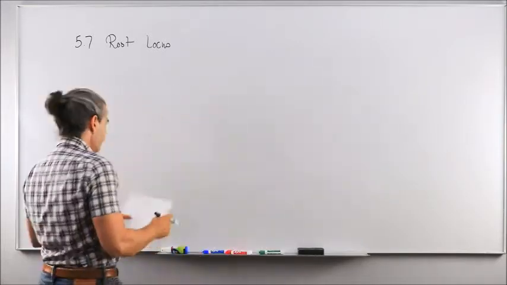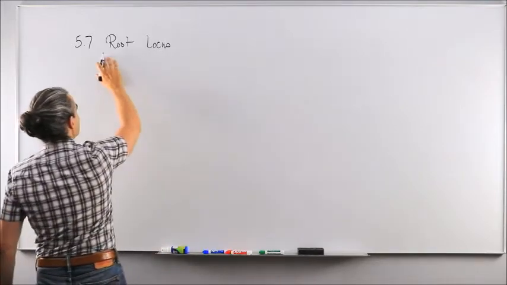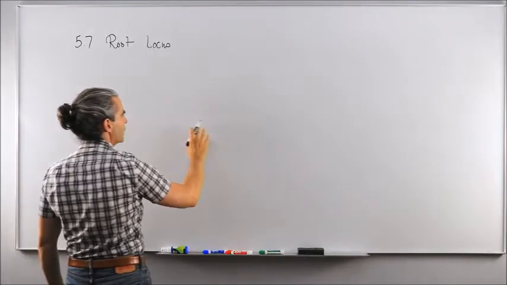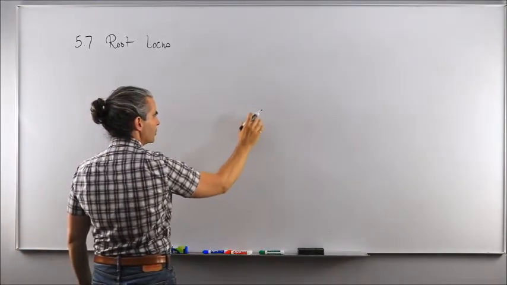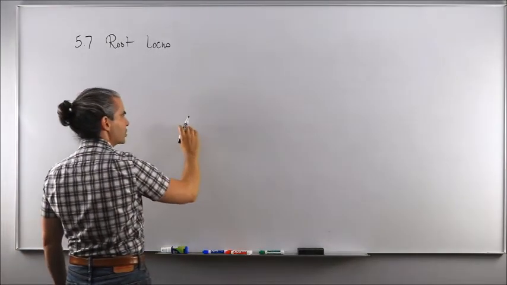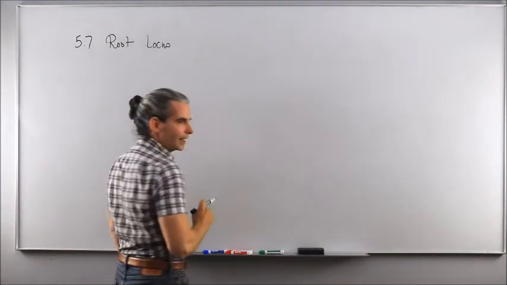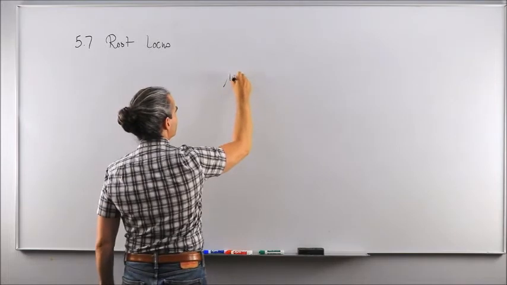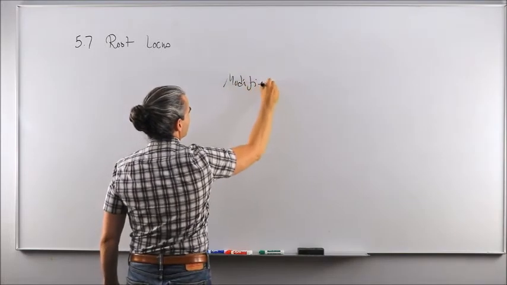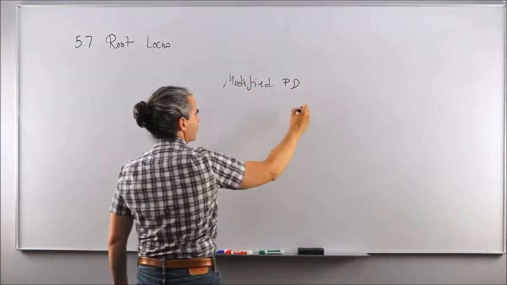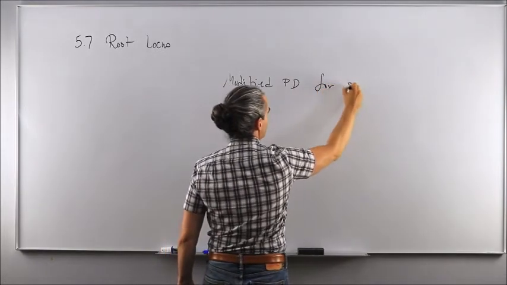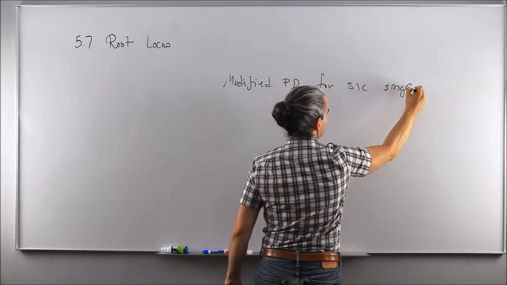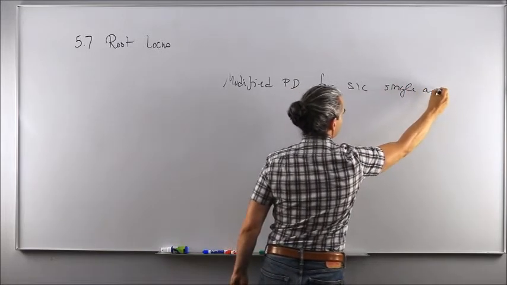Okay, so to kick off this discussion on root locus and how it relates to mapping the position of the closed loop poles in a complex plane as a function of the open loop static gain, let's go back to our modified PD controller for spacecraft single axis